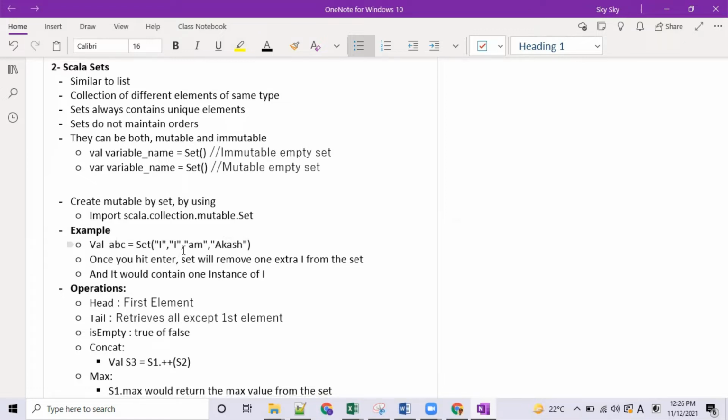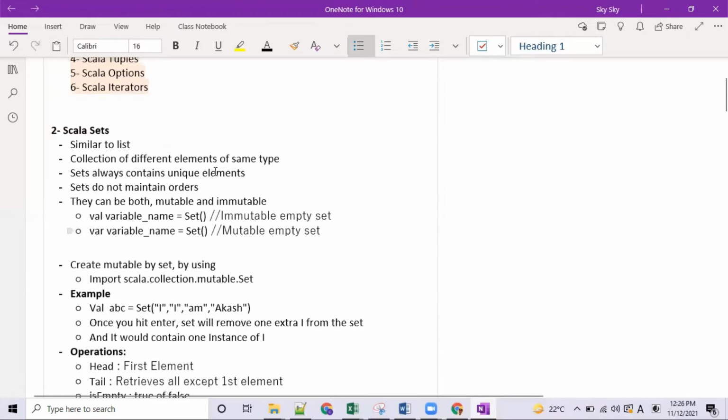List is also the same as set, but it would not hold only unique elements. It would also hold the duplicate elements. Set would not. But as you can see, it would only hold the same type of element. It would not hold different types of elements. So whether it is set or list, both would hold the same type of element, either integer or string, whatsoever you have mentioned in the list or set. But set has this extra feature that it would only hold the unique element.